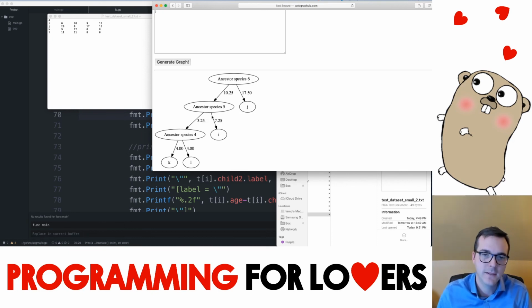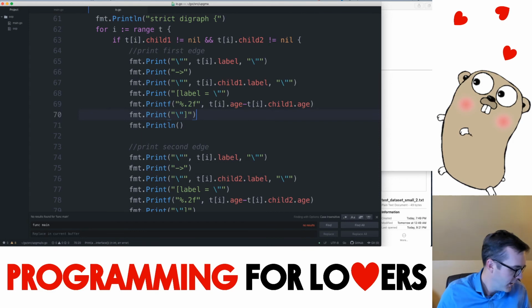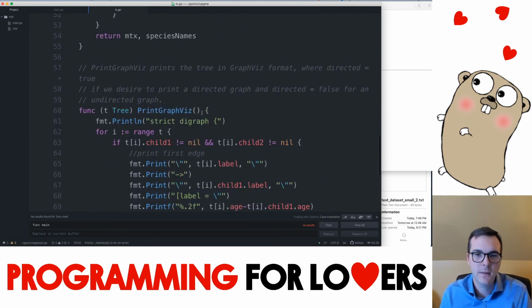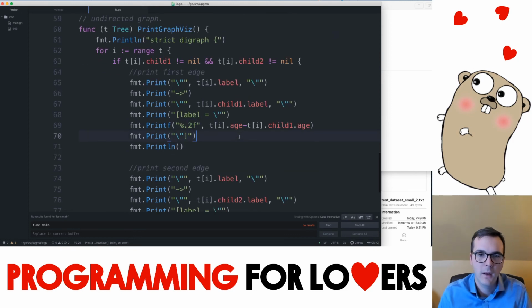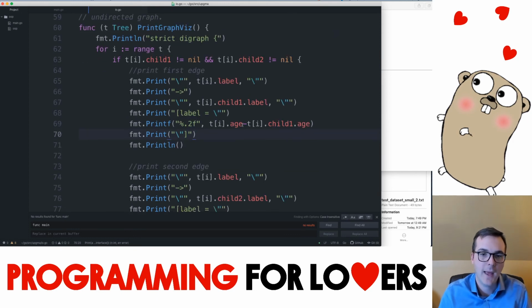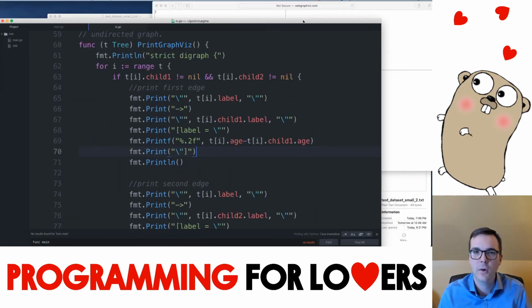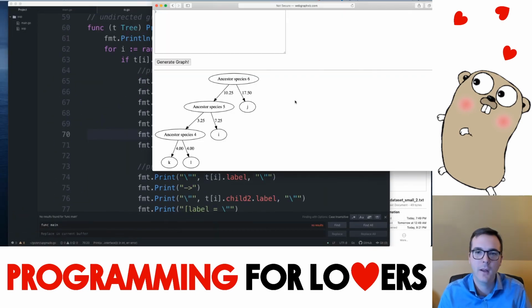This distance was equal to 5, and I must have put something in wrong. I don't think that it's related to the printing. I mean, it could be that. It's probably related to the construction of the tree itself. So again, this is just somewhere where we can use it as a learning opportunity and try and figure out,